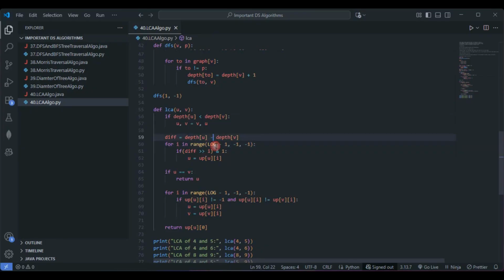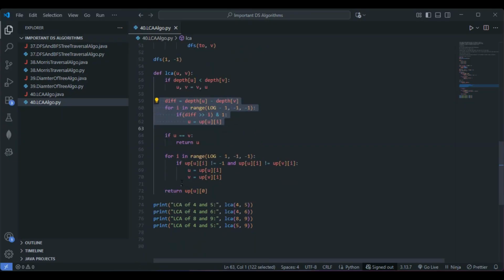That's what we did first, right? The difference, this one, right? Next, we are moving them upward simultaneously until parents match. Then we are returning the parent as the LCA. So this is how we have written the algorithm. This print is nothing but the example usage. Let's see that one now, right? So I hope the algorithmic part is completely clear. How we have made use of the binary lifting, why we have made use of the DFS, and why we